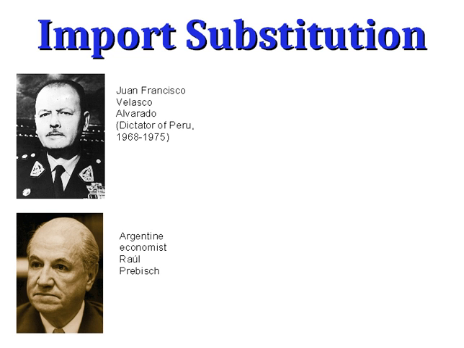The usual pattern was the colonies would produce raw materials, they'd ship them off to the colonizers, who would then transform them into finished manufactured goods and then sell them back to the colonies at a markup. So they needed their own manufacturing base to produce their own products, so they didn't need to import them anymore, and they needed their own financial system to finance this economic development. So the philosophy of import substitution